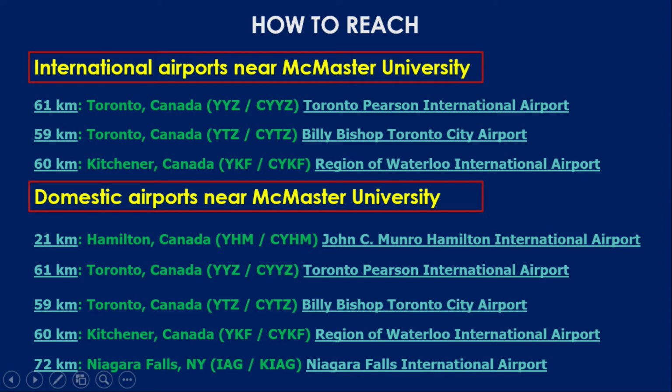From Toronto Airport, you can reach Hamilton by road and rail. Taxis are available with a charge of say 100 Canadian dollars from Toronto Airport. Or you can opt for Go Bus or Go Rail, which is available from Toronto Airport. But I recommend going by taxi when you are going for the first time. Airport pickup and drop-off can be provided by the hotel where you are booking accommodation in Hamilton.